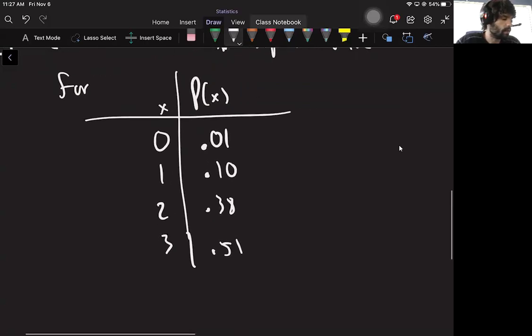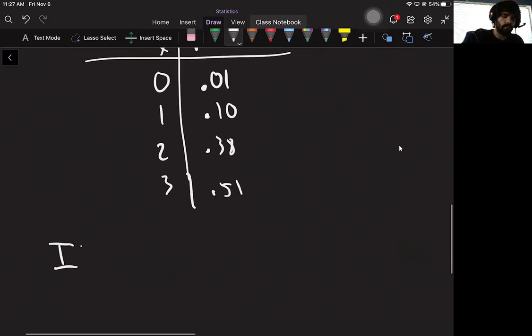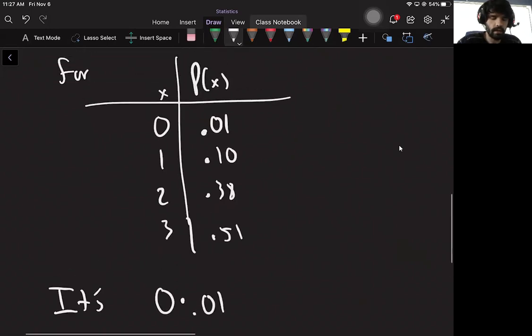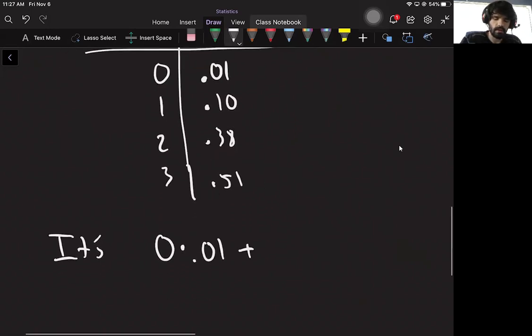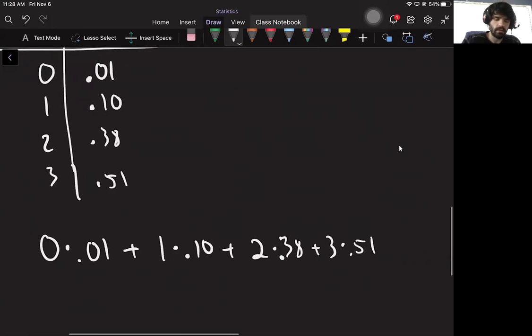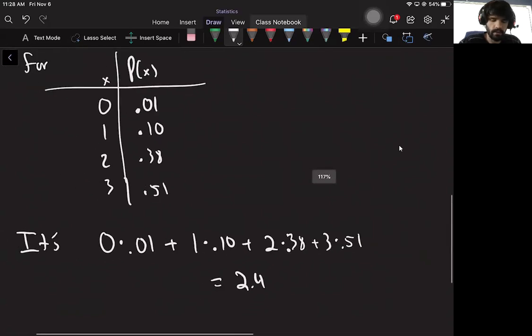Okay, so let's calculate this expected value and then think about it in the above way again. So I multiply the x with the probability of it happening. So I do 0 times 0.01 plus 1 times 0.10 plus 2 times 0.38 plus 3 times 0.51. So you can add all this up and you'll end up with 2.4. And so the way you interpret this,